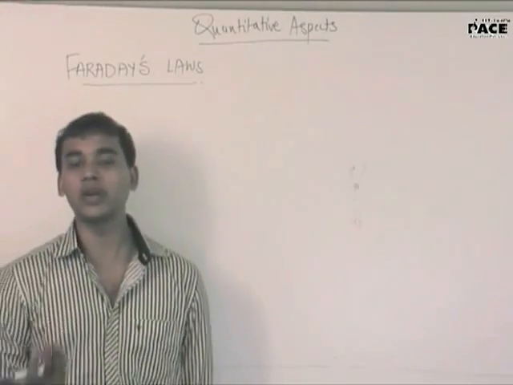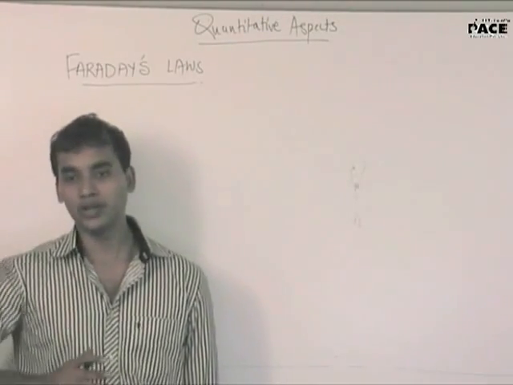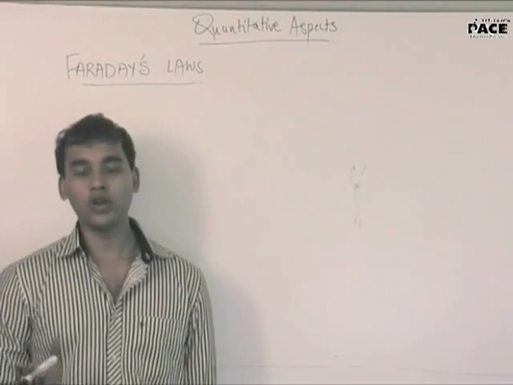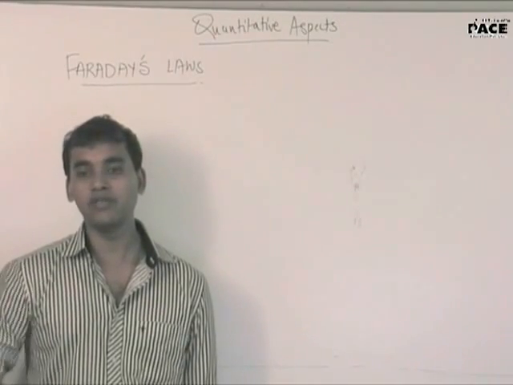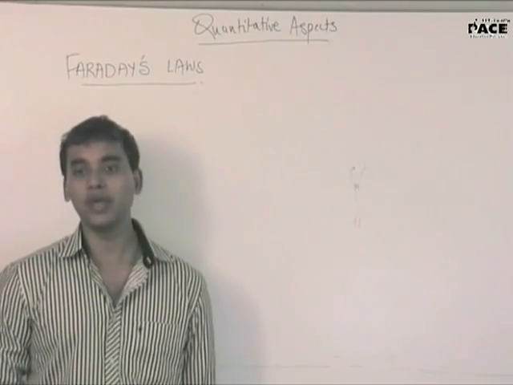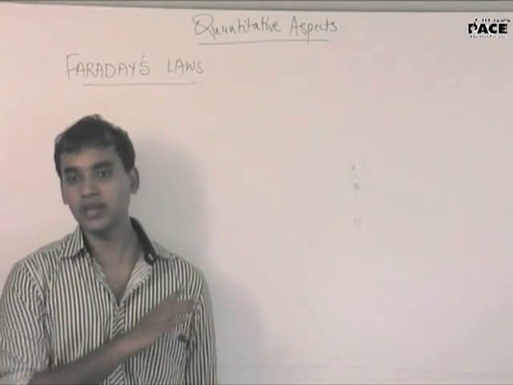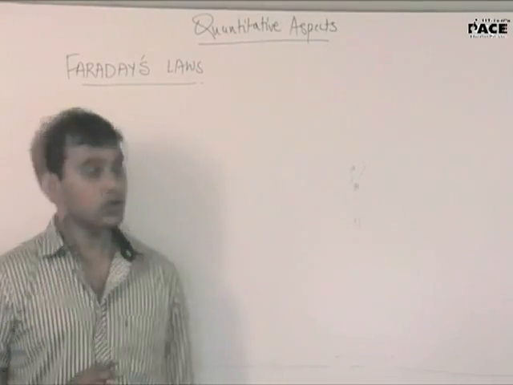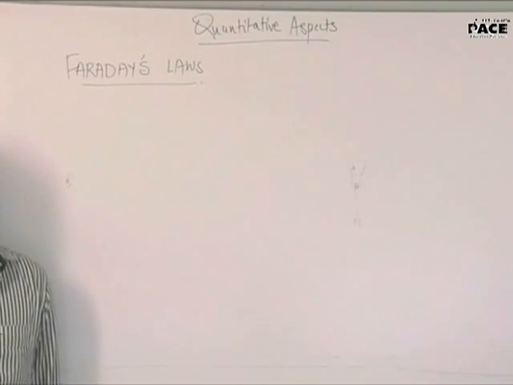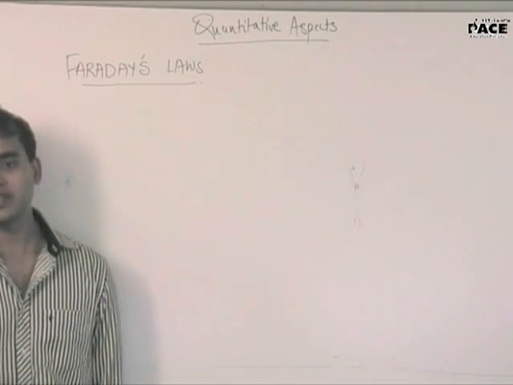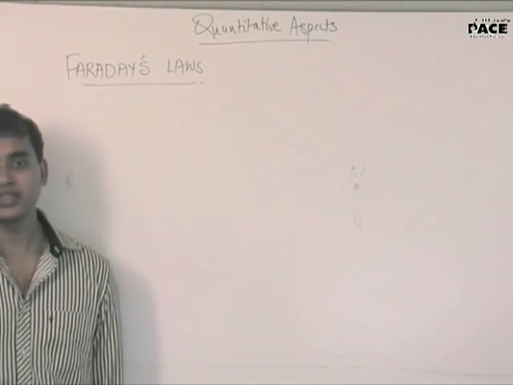Some things like this were related to quantity. Up till now we have only read the qualitative aspects, whether this cell is spontaneous or not. We have not talked about the aspects of quantity, how much electricity will be generated, what will be the weight which will be deposited, how much metal I will be able to extract, what will be the weight I will be able to purify. So these types of questions will be addressed using this part. Faraday gave two laws, Faraday's first law and Faraday's second law, and both of these laws are connected to the amount of substance which should be deposited at the electrode, through which a current is passed, or through which the charge is passed.